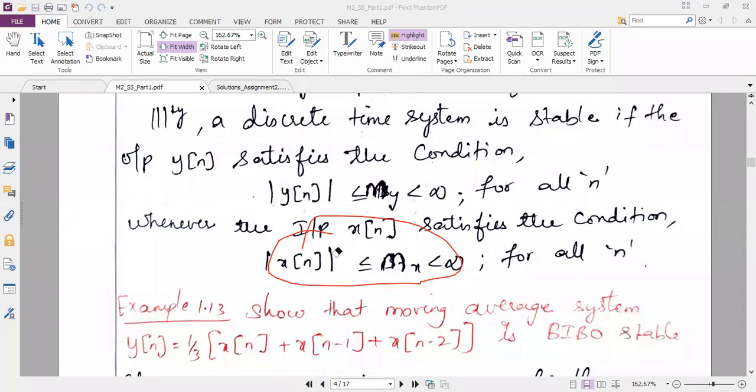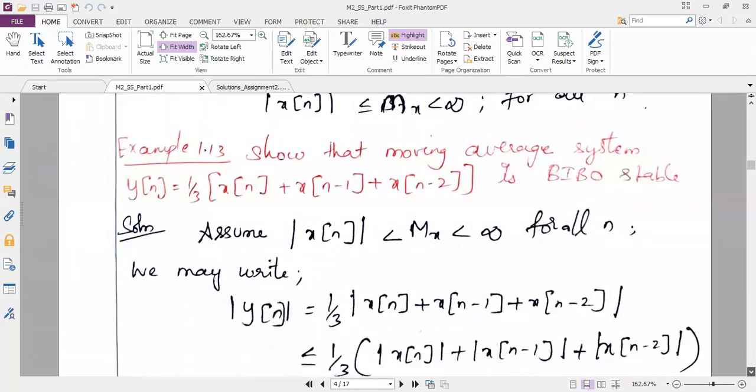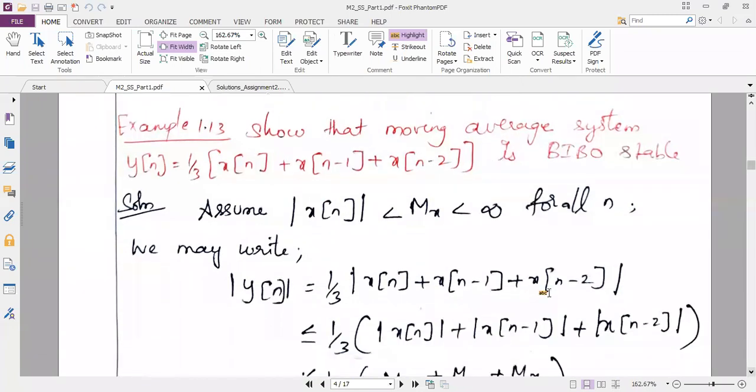Now I want you to leave one page for writing the notes of stability. After leaving one page, I will forward these notes to you in the classroom app. Later you can copy the notes, but right now along with me you have to solve the problem. The problems I am solving are either from the prescribed book or from the university question paper. If you are thorough with what we are doing in the class, 100% you can pass the subject in the exam. So write down this question, example 1.13.